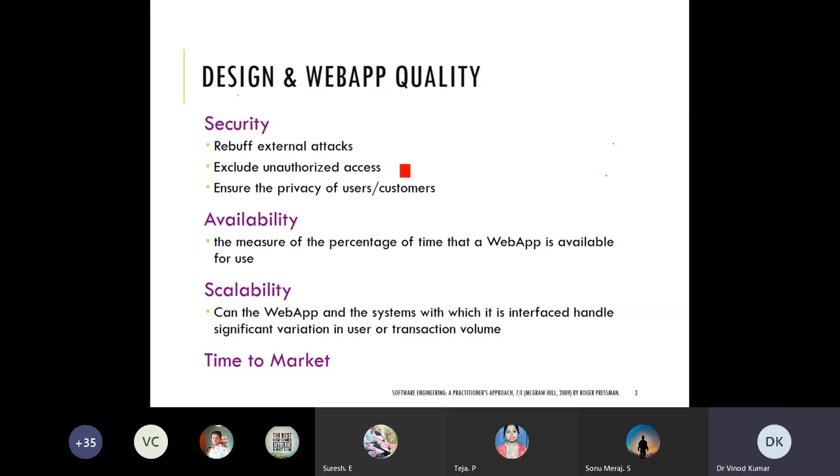So they will do the analysis, then there is a chance of privacy invasion of the customers. Those information can be revealed. So that is also a very compulsory aspect that needs to be handled in the web app design. So for maintaining the privacy, so many methods are used, like maintaining anonymity.